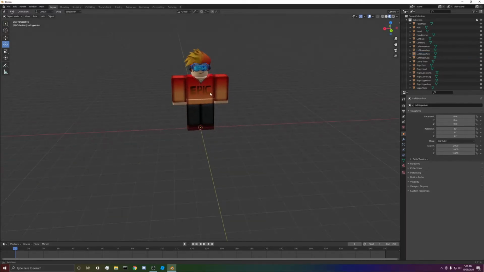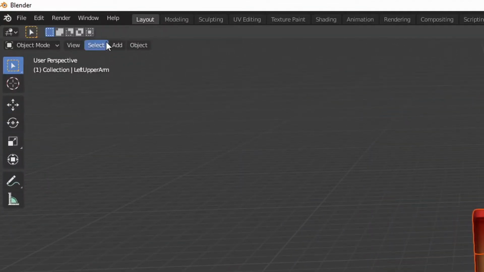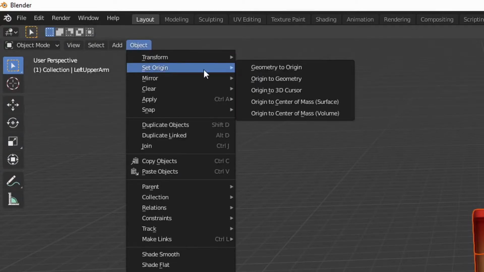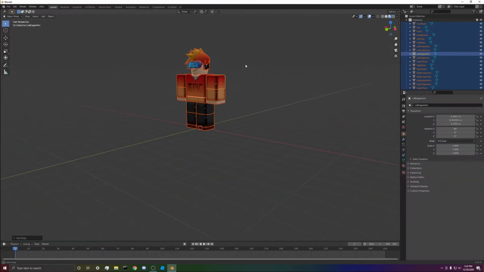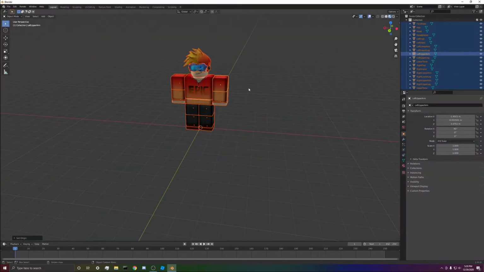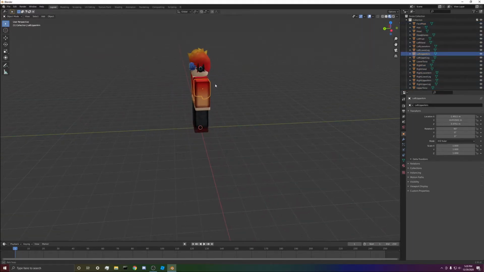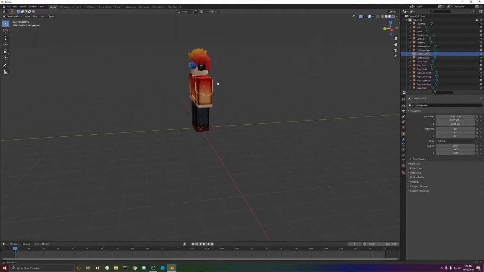To fix this, select everything, press object, hover over set origin, and press origin to geometry. These dots should have appeared, and it means each part's center of mass or whatever, like the pivot point, is now centered by geometry. Now when you try to rotate it, it's better actually, but it's not quite good because